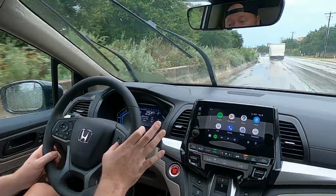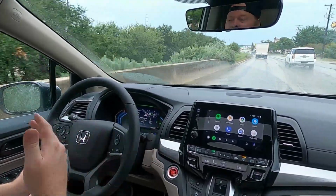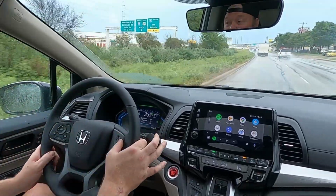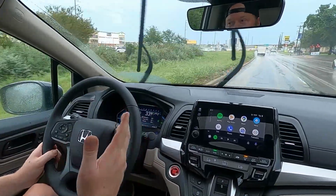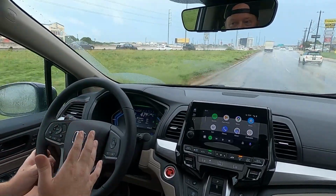What I really like about this is that it offers a low speed follow setting also, meaning that once I've set my speed, which is as easy as pressing a button, I then select the distance that I want to keep between me and the cars in front of me, and it'll keep that spacing. Now, when I come up on a car at a complete stop, believe it or not, this vehicle will actually take me all the way down to a complete stop, which is a really nice feature to have if you're on a long road trip and you just want to let the car do most of the braking and gassing